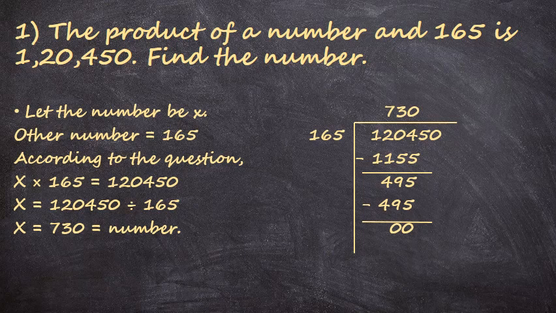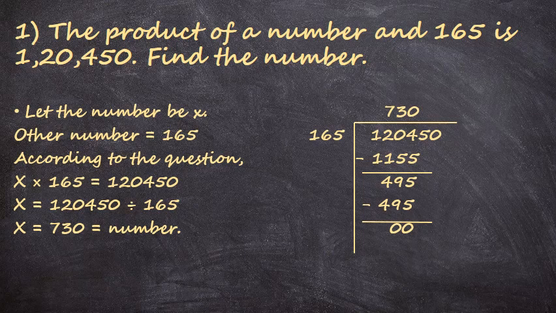Then again 165 multiplied by 3, we get 495. So that will be equal to 0, and the remaining 0 which is left here will come down in the remainder. So our answer, the required number we got,